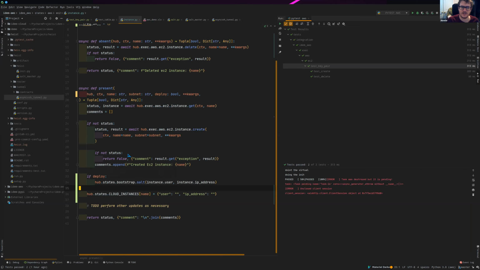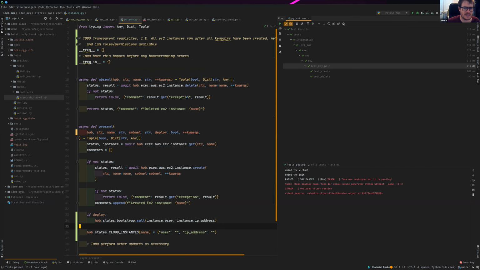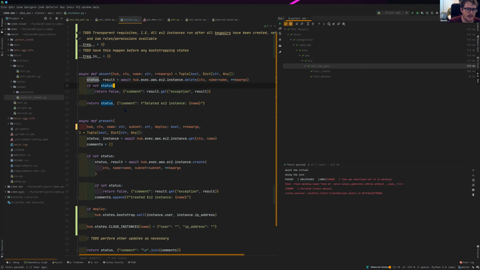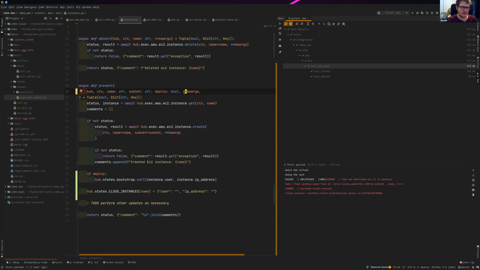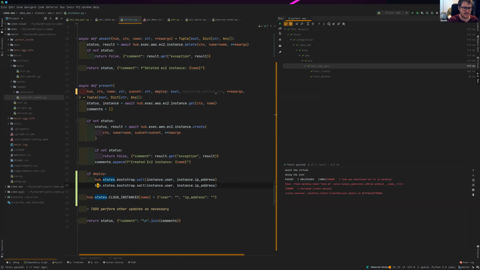So here's the next one too, where I want to go with this next. Okay. To further answer your question, I want to be able to add something like my bootstrap method, and then right here, instead of saying hub.states.bootstrap.salt, you'll be familiar with this one, Nick, but yeah, a git adder,